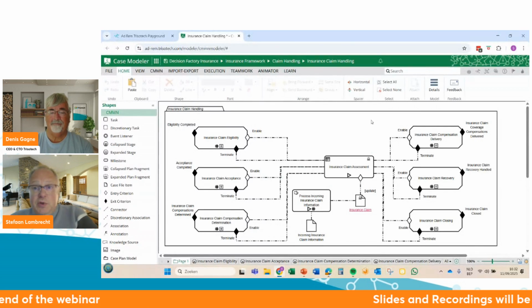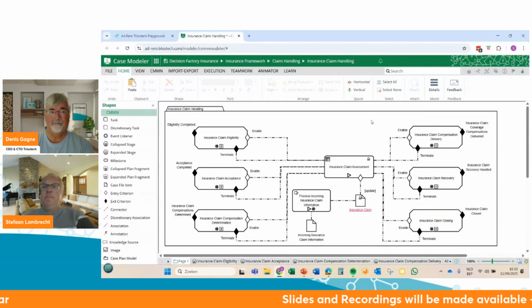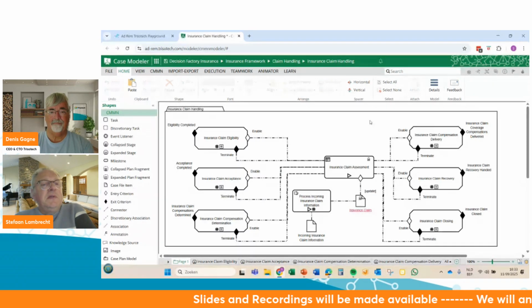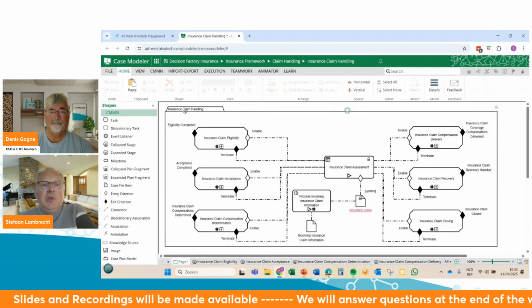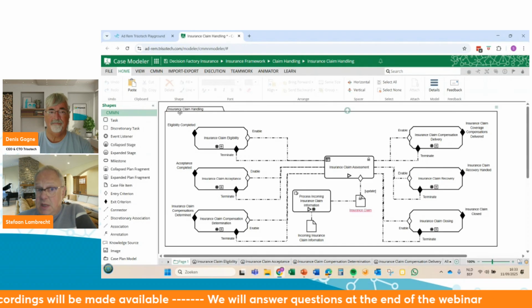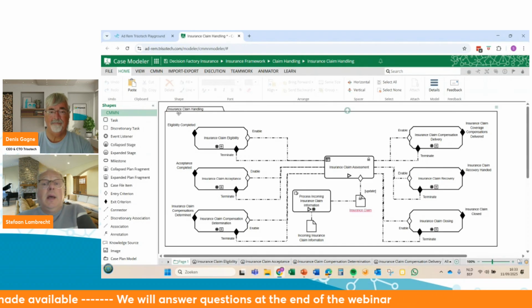What you're seeing here is an end-to-end representation of how claim handling in the insurance world really works.